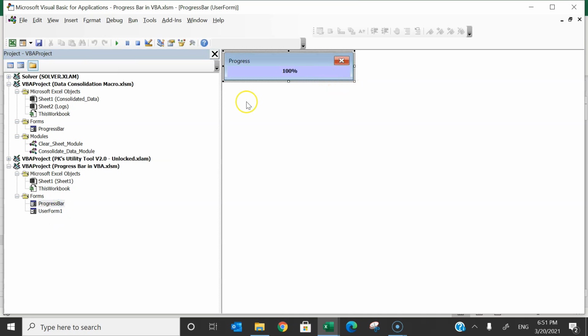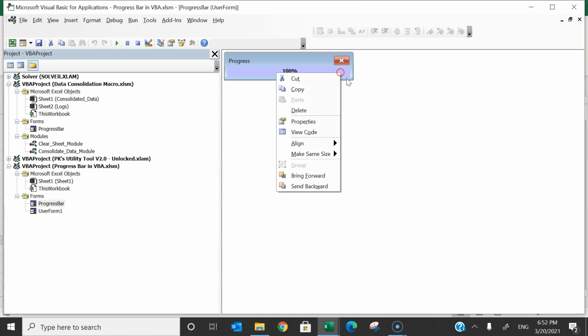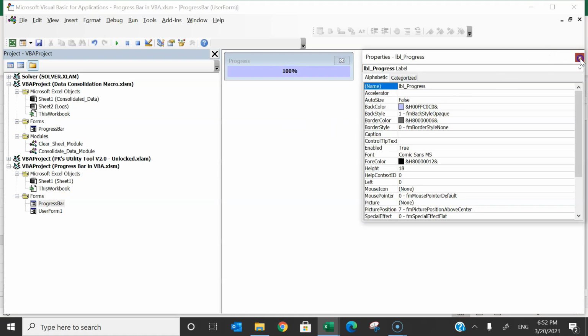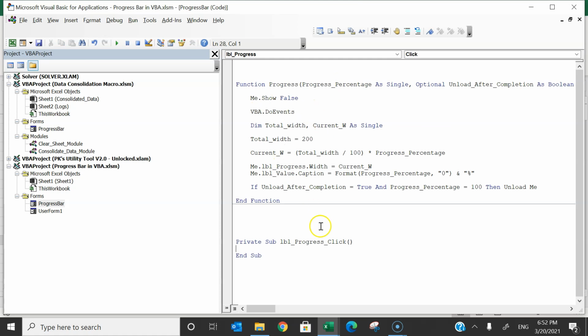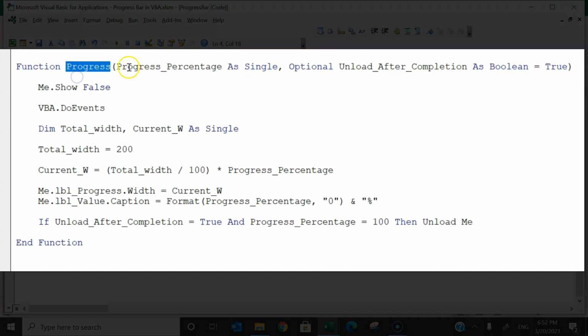Now I'll show you the code here for the progress bar. I just have created a simple function. So let me show you. Just double click. So this is simple function, and that function is progress. And here in this function what I have done, I have taken input as progress percentage as single. So that progress percentage will be provided by user, and they will provide like 1, 2, 3.